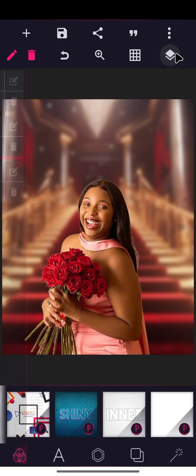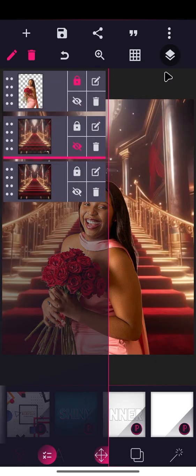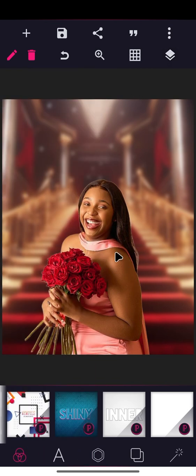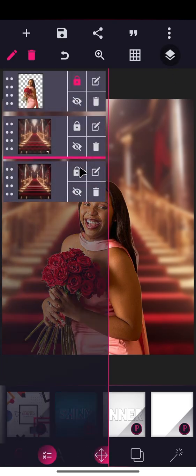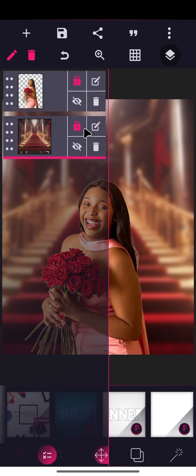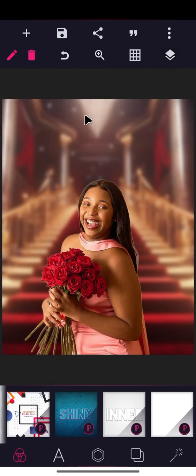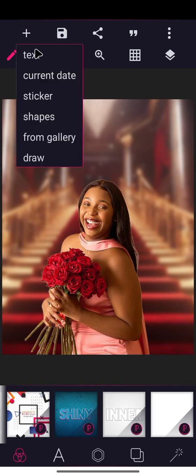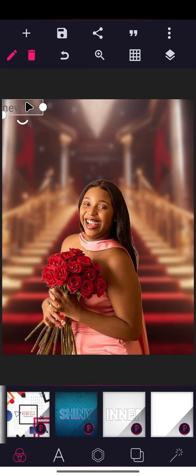Now, can you see that this versus this allows the viewer to focus on who is at the center? Do you understand? So that's just how it is. So we are going to delete the other one and lock this one in place. The next thing we are going to do is to add our text. So you go to text and then you can add